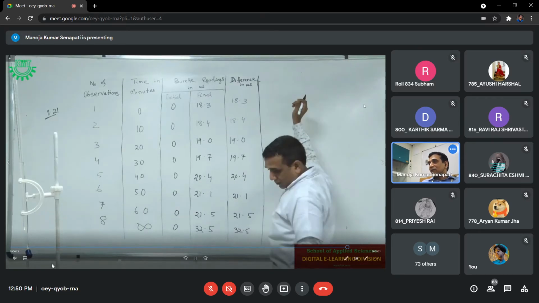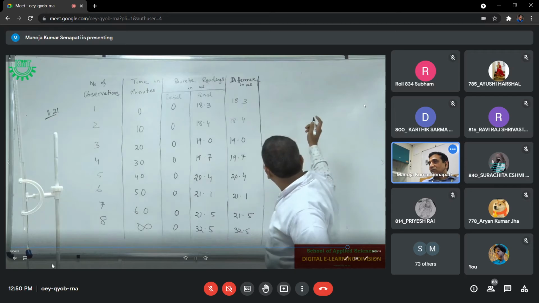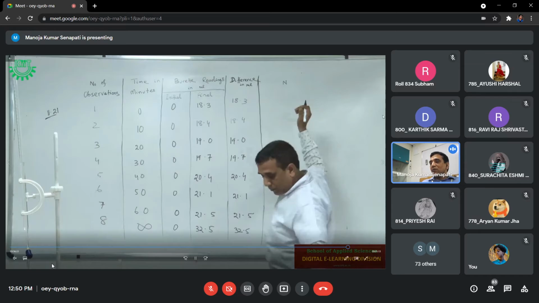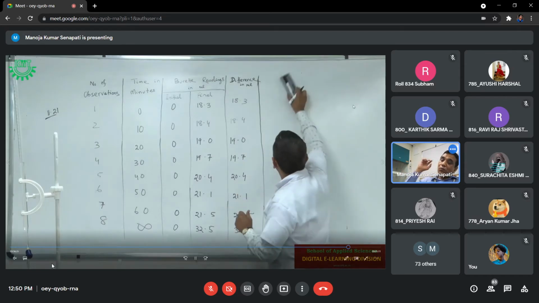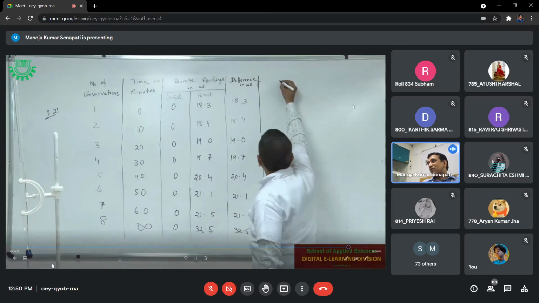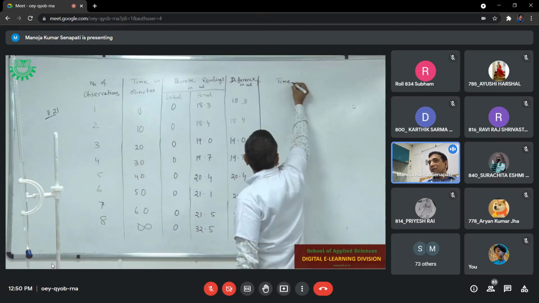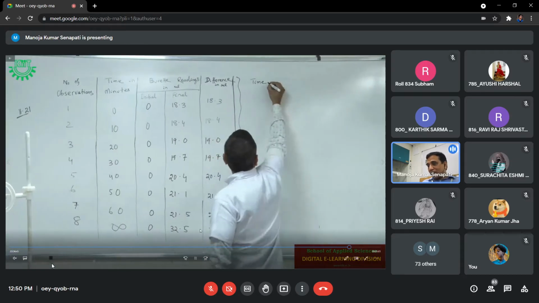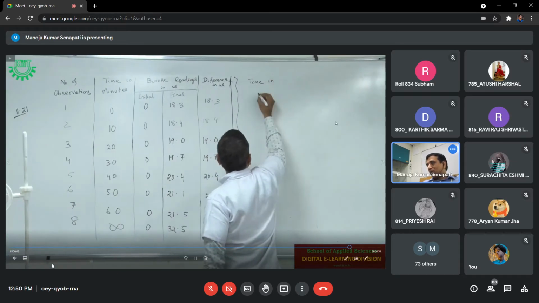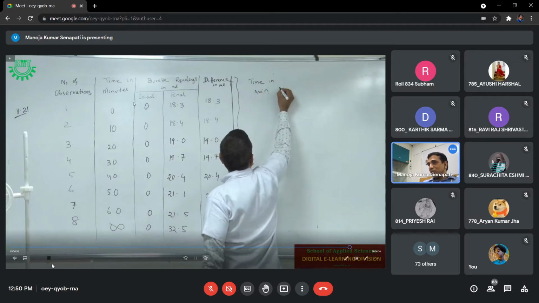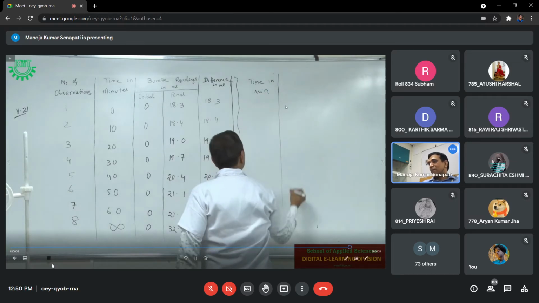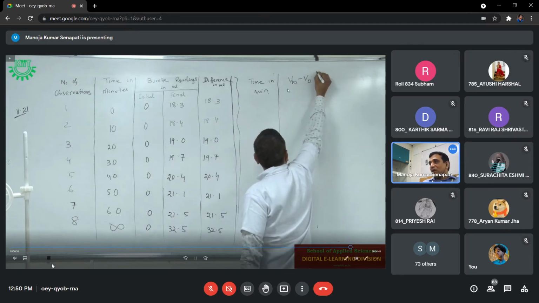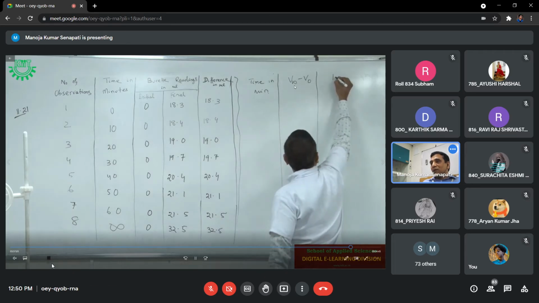You see? Here, this is the second observation table, and while you are drawing both observation tables, you will draw them on a single page. Single page means at the top this observation table will be there, and on that page at the bottom this observation table will be there. On the same page you have to keep both observation tables. One is at the top, the next one is at the bottom. So this is your demonstration observation table. Time in minutes, V infinite.